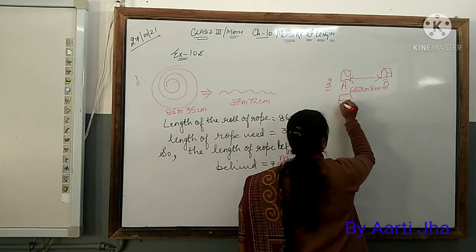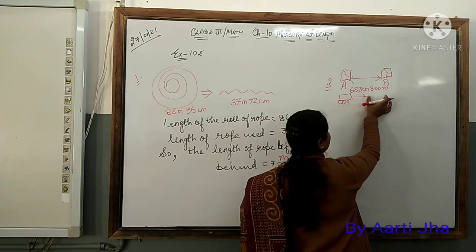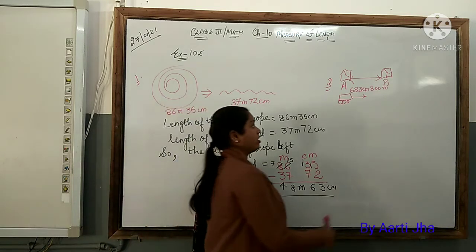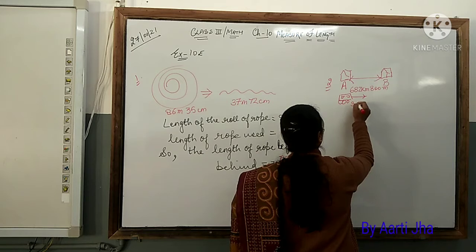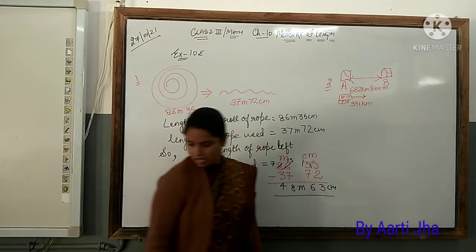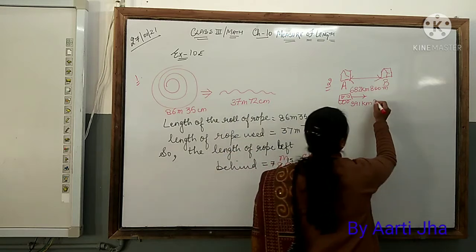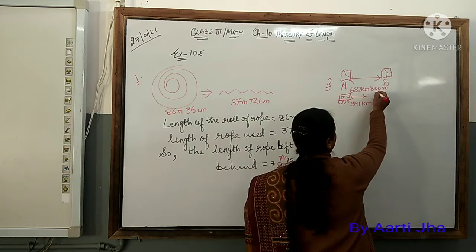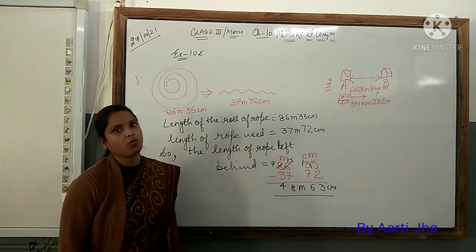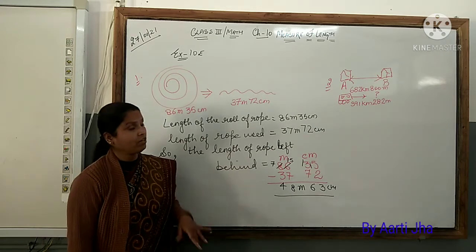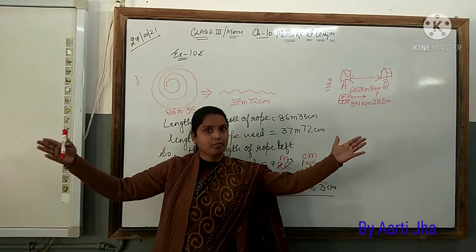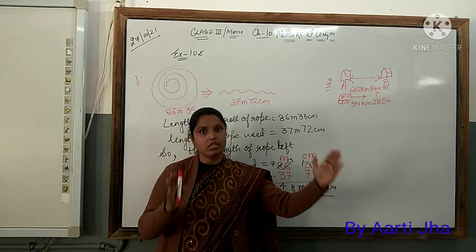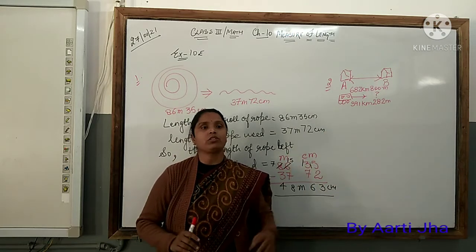Now this bus is covering this much kilometer. This much is still left. This much kilometer of the distance is covered by the bus. And what is the distance covered by bus? It is 391 kilometer and 282 meter. So now you have to find out this length, whatever is left, is how much. This is what we have to do in this question. So what we will do first, this much total distance is there. Bus has covered this much distance. Now this is left. This is to be covered. Now what is the distance to be covered, that we will find.